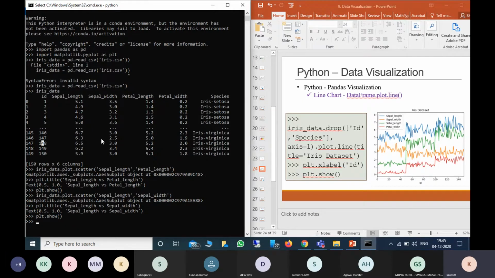So for this I will use iris data dot drop, which is for dropping columns. So ID, comma, I'm also dropping species.